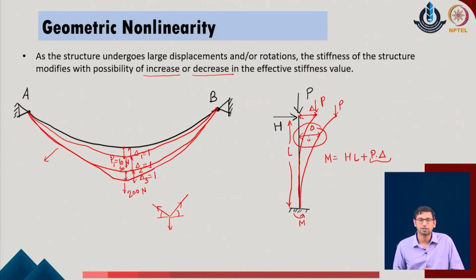So, we understand that the moment on the system is increasing with respect to the lateral deformations, and this is only significant if the system has a large displacement. If we expect that the system has a very small, nearly negligible lateral displacement, then we can consider that the P into delta will not have a significant effect. But in cases where the lateral displacement is significant, the user also needs to consider this effect effectively in the given problem.